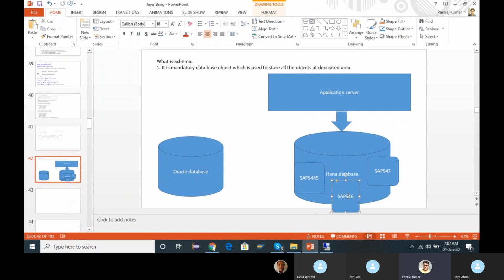This is the beauty and the use of a schema. The same database system can be used for different systems with the help of a schema, and each schema behaves like a separate HANA database system.